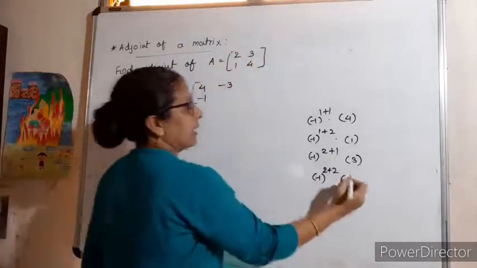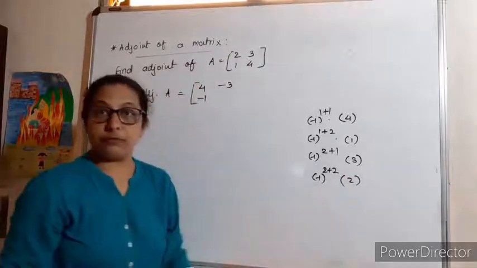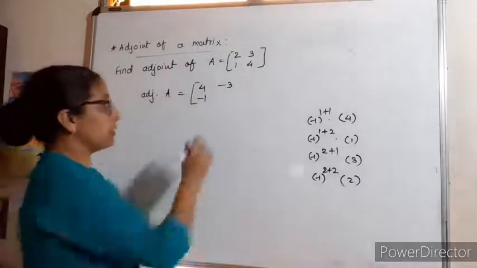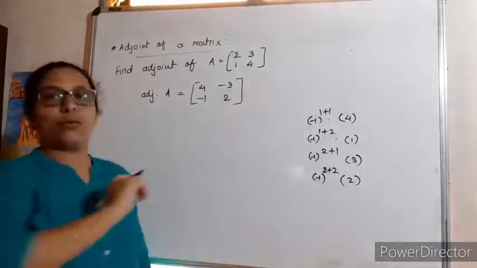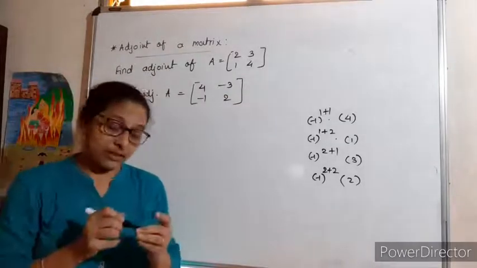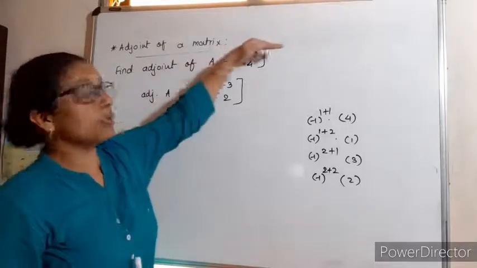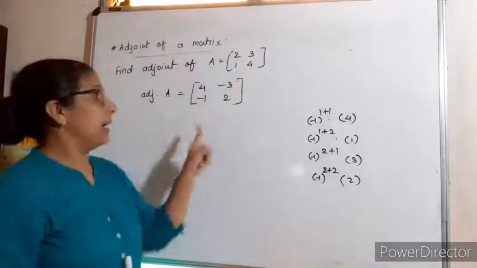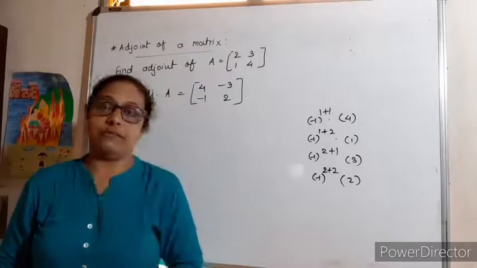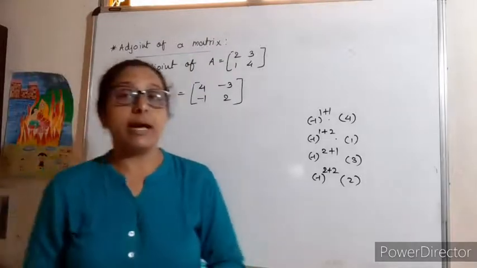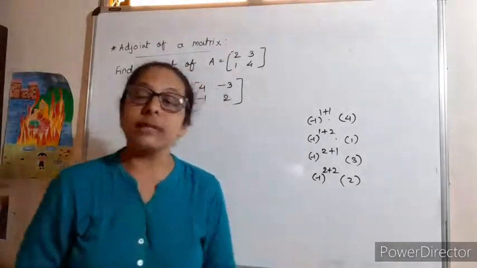Hide करोगे मिलेगा 2. Minus 1 raised to 4 becomes positive. Therefore it remains same. ये हो गया एक adjoint. Cofactor find करना तो आपको आता ही है. You just find the cofactor row wise and write it in the column wise. It gives you the adjoint of 2 by 2 matrix.